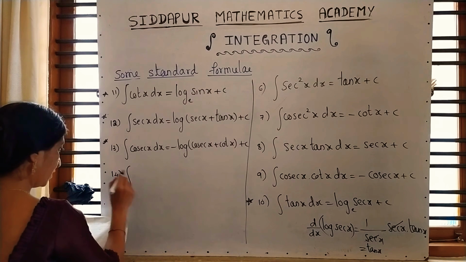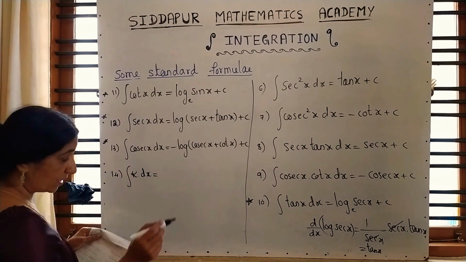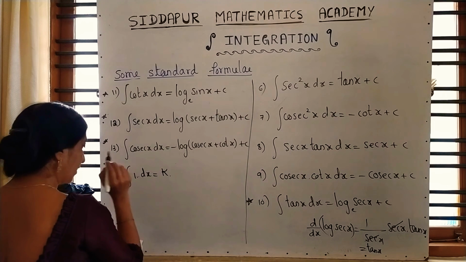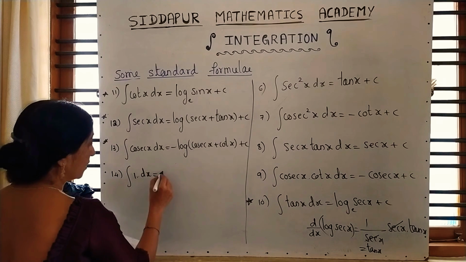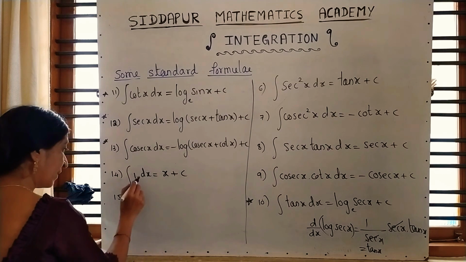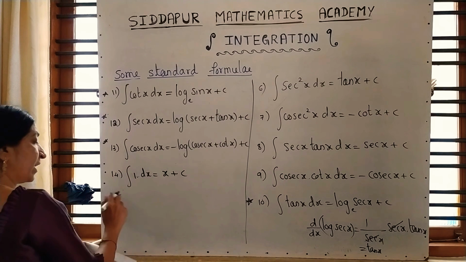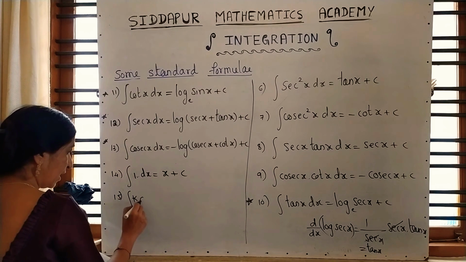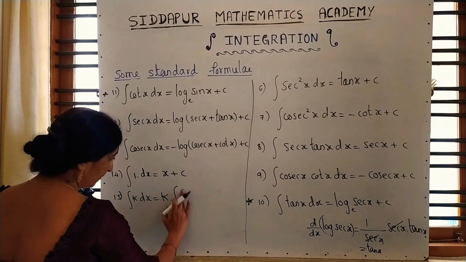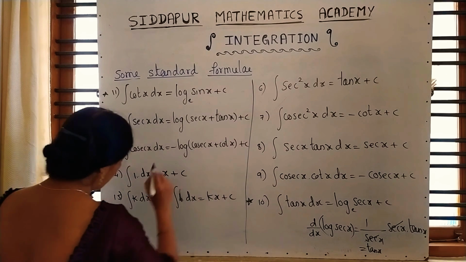Question number 14. Here, k into dx. K is a constant. Keep k as it is. Before that we have to integrate 1. 1 into dx. Integration of 1 with respect to dx means x plus c. And this I am explaining in the example also. Actually, after the example we have to write, but first I give the formula. It is k into dx, where k is a constant, then it will be written like this. 1 into dx. That is nothing but kx plus c.